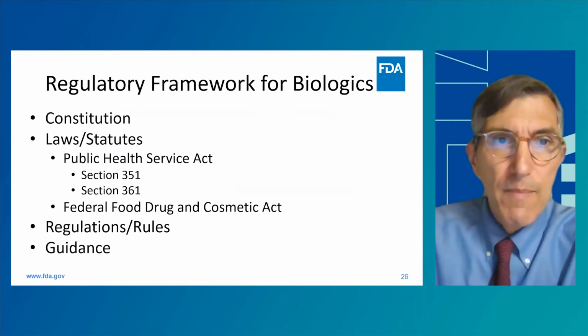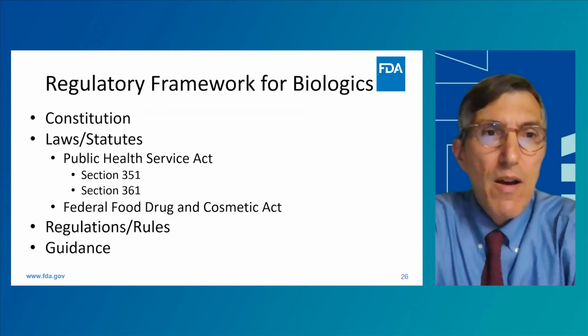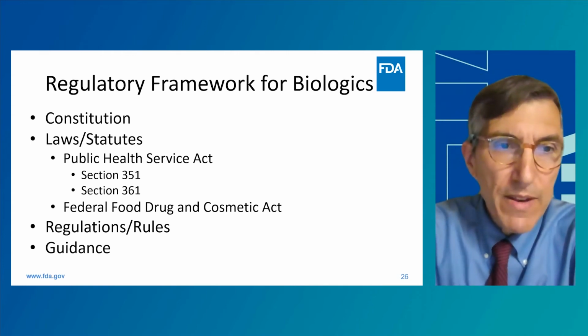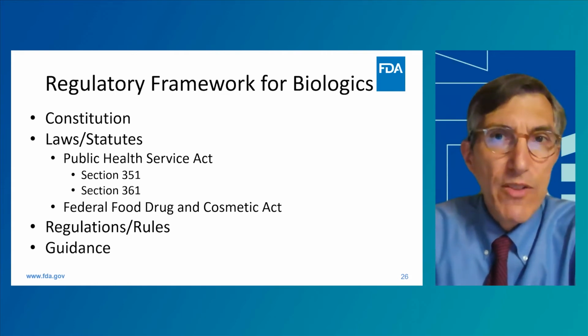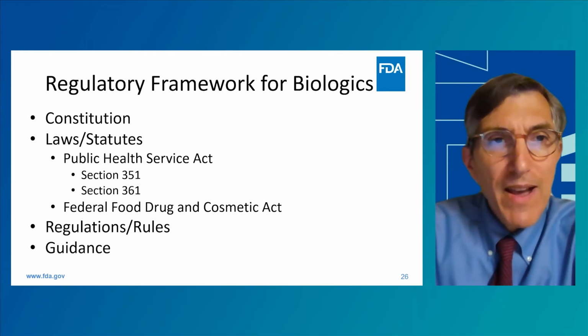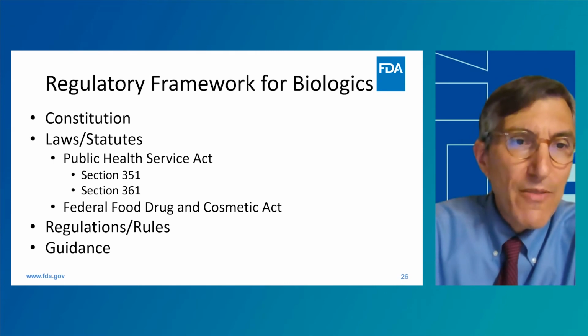So hopefully that will all get us to a place where we can move things forward more rapidly. And we'll do so within our regulatory framework for biologics. Now, our framework, I just put this up here just to remind you that we do a fair amount of